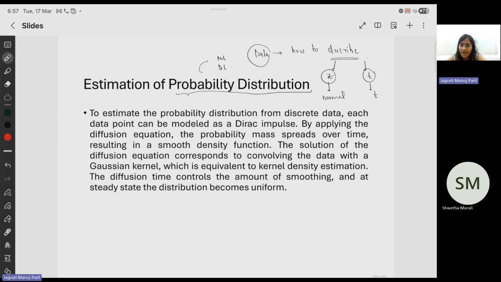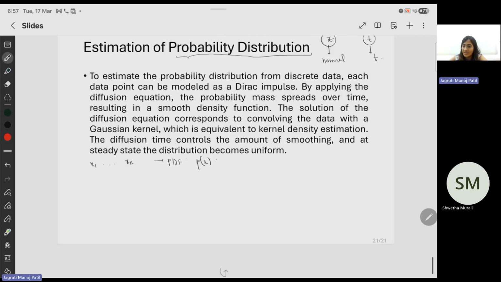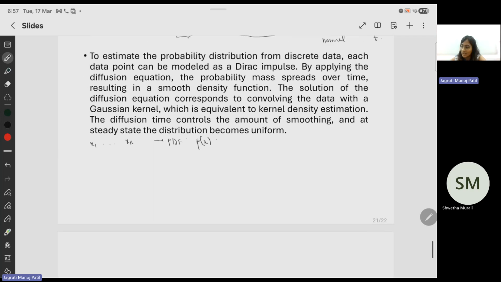The idea behind this is that let's say you have multiple data points, x1, x2, x3 until xn. From there, you compute a probability density function, the PDF of the data that you're looking at. That's nothing but P of x, right? Now this P of x that you have generated will help you generate the data alone. If you have these data points, you can get the PDF of it, and from the PDF, you can get the data points also. Either way, you can sample it.